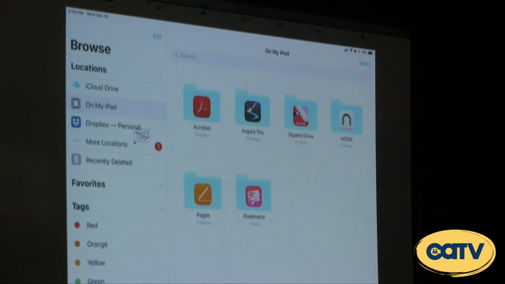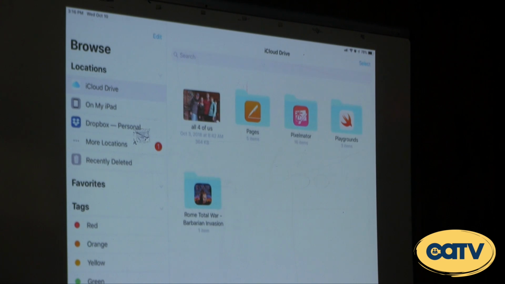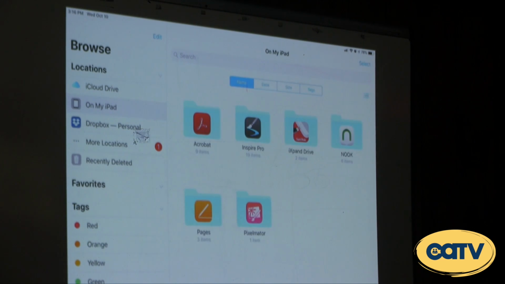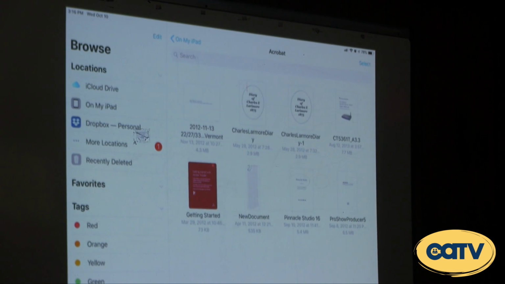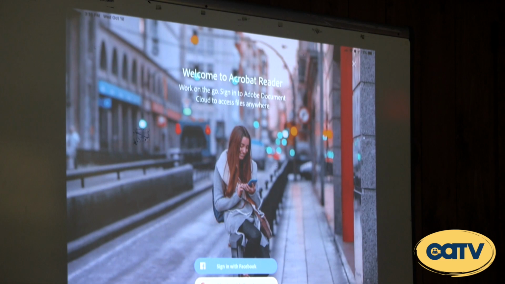You'll notice when I bring it up, it automatically lets me get to all the places it thinks I might want to look for things, like the iCloud Drive, files that are actually local on my iPad, in my Dropbox, and so forth. And it can go other places as well. If I look on my iPad, it will tell me files that are associated with those applications. So if you bring up a file,